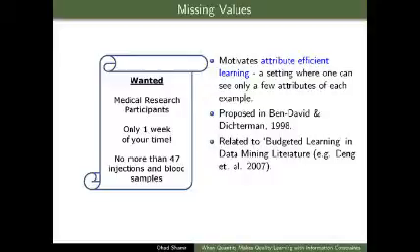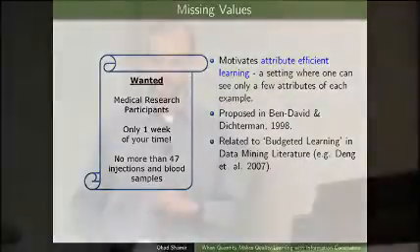So this motivates a setting which can be denoted as attribute-efficient learning. It's a setting where you can get a lot of examples, but from each example you can see only a few attributes. You can only do a small number of medical tests. This was first proposed by Ben David and Dichterman. However, they focused on,